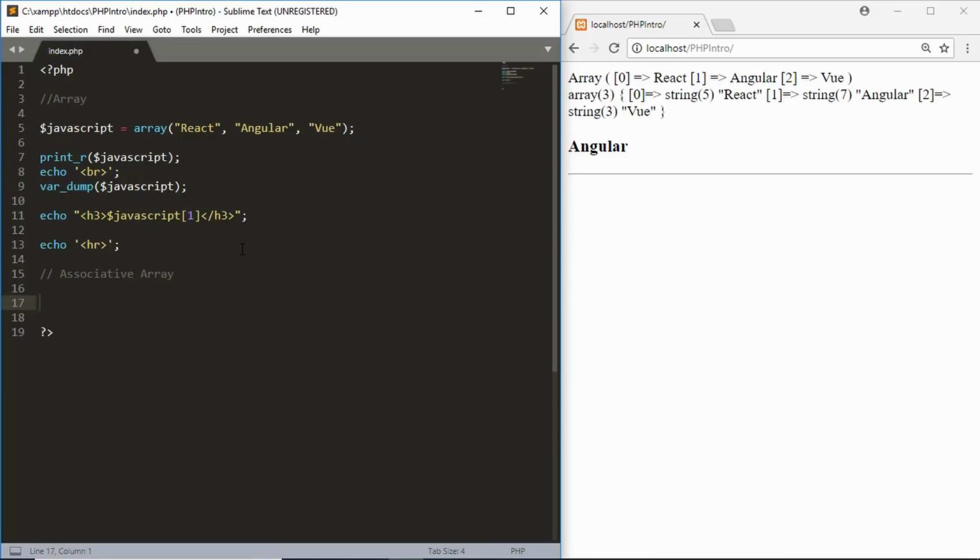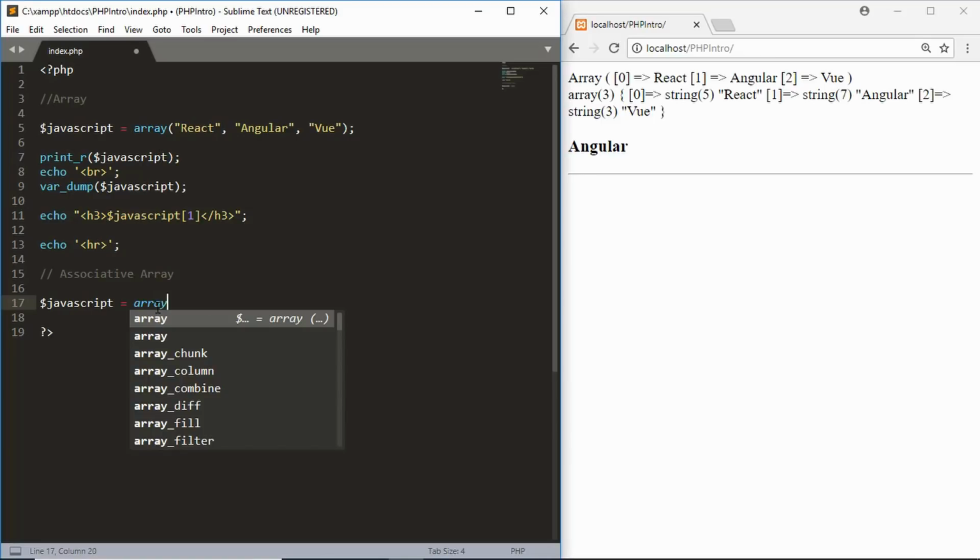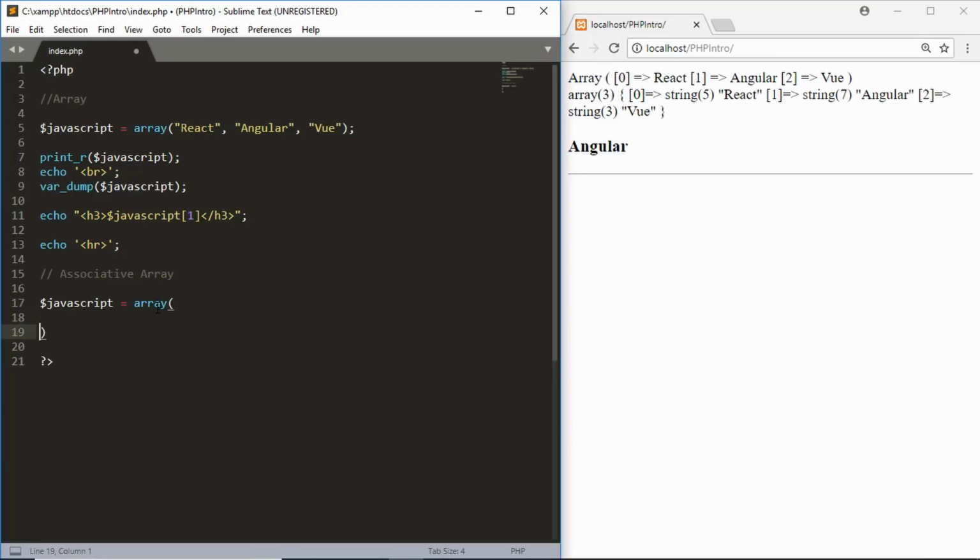So to create an associative array, you have to first of all type the name of your array. So this is the same name over here. So whenever we add any value over here, this variable will be replaced by this. So we will type array, and inside here you have to type the key and the value. So we'll type React, and here we will type as a value who created it, and then we'll type the